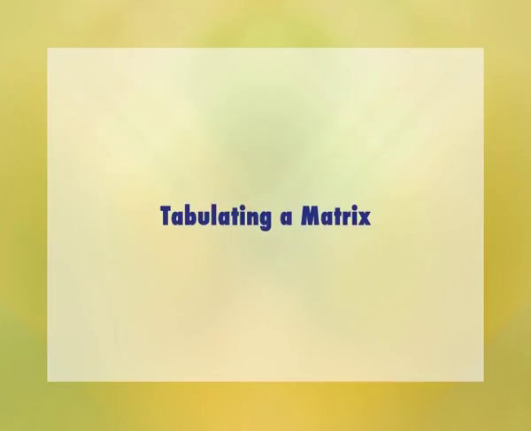Now students, let us discuss tabulating a matrix. To tabulate these observations in a 10 by 10 matrix, the first step is to make sure that the entire series begins and ends with the same number. The convention is to add 10 to the beginning and end of the series unless 10 is already present. So our earlier series now becomes 10, 6, 10, 5, 1, 4, 8, 8, 2, 3, 6, 4, 8, 9,